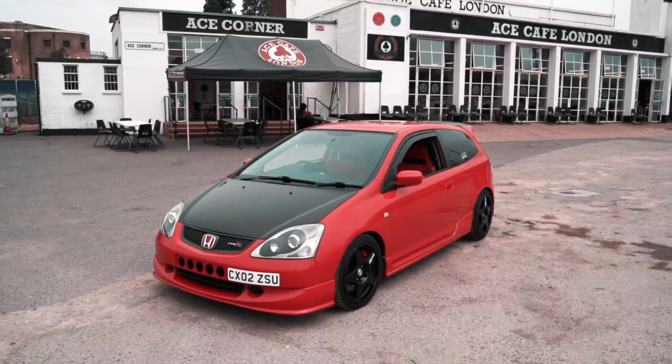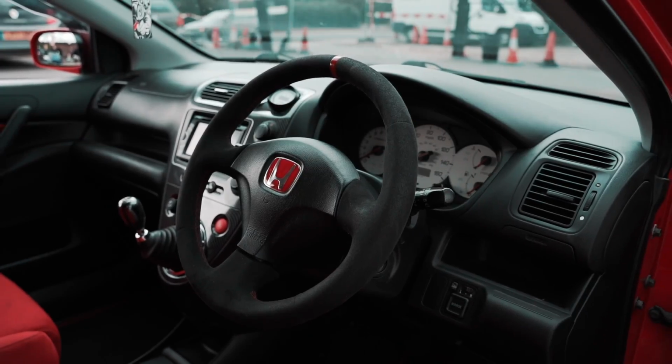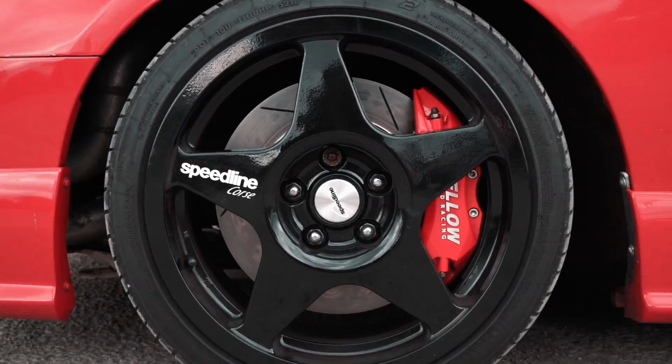I'm so nervous. Are you nervous? I'm sweating already. Now, one thing which is really nice about this car, it's in the Milano red, which is a gorgeous colour. The steering wheel's all been retrimmed. I don't know much about Hondas, but these are the super rare red Recaros. It's got beautiful wheels, I think the Speedline Corsas. It's got the huge yellow Speedy calipers on the front, which are 100% needed. I'm not entirely sure what pads are in it, but